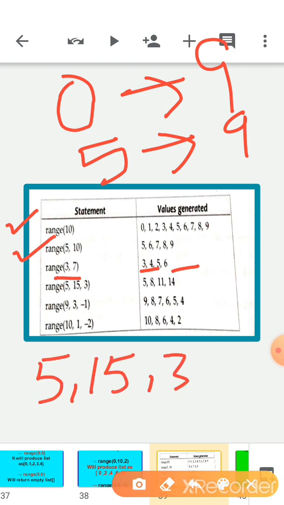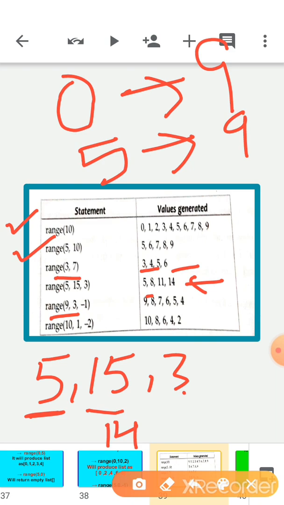Then 5, 15, 3. How do you make the list? Till 14, because 5 is the starting limit, 15 is the end limit, so minus 1 is 14. So 5 plus 3 gives you 8, 8 plus 3 is 11, 11 plus 3 is 14, so at 14 it will end. Then 9, 3, minus 1: 9 is the start and the end is 3, and you have to subtract 1, so 9 minus 1 is 8, 8 minus 1 is 7, 7 minus 1 is 6, 6 minus 1 is 5, 5 minus 1 is 4.